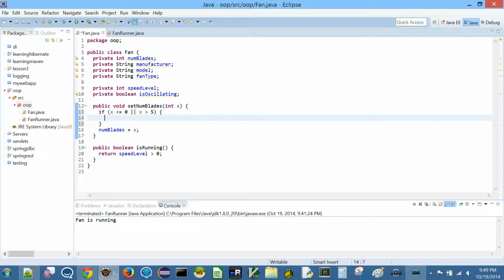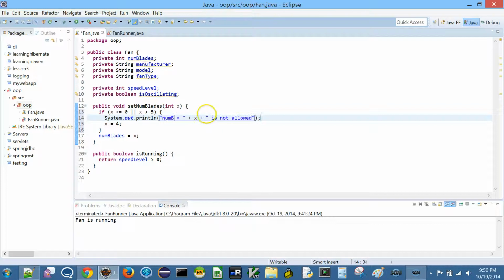Now the ideal thing to do here is something we'll have more time to cover, what are known as exceptions, but for now I'm just going to set this to 4, x equal to 4. Then I'm going to alert with a print statement, sysout, "numBlades equal to x is not allowed.